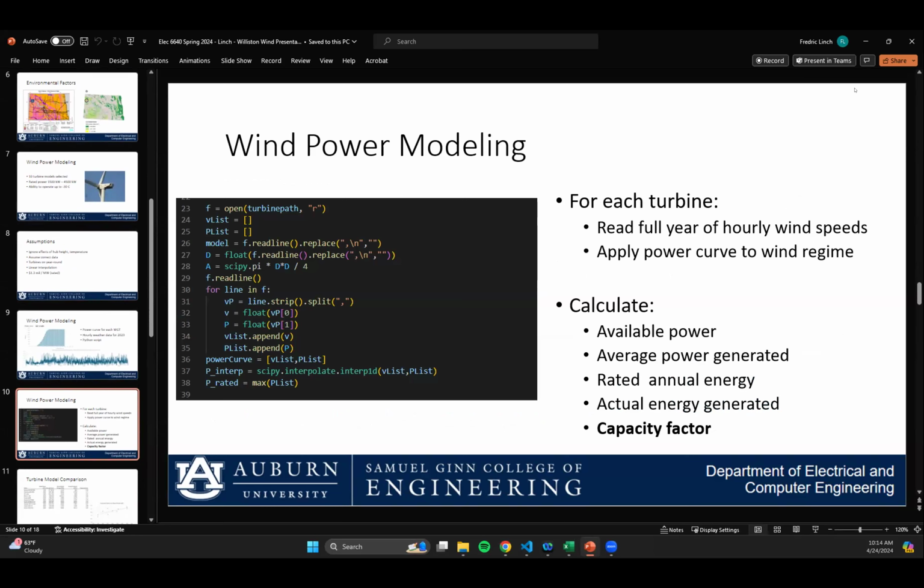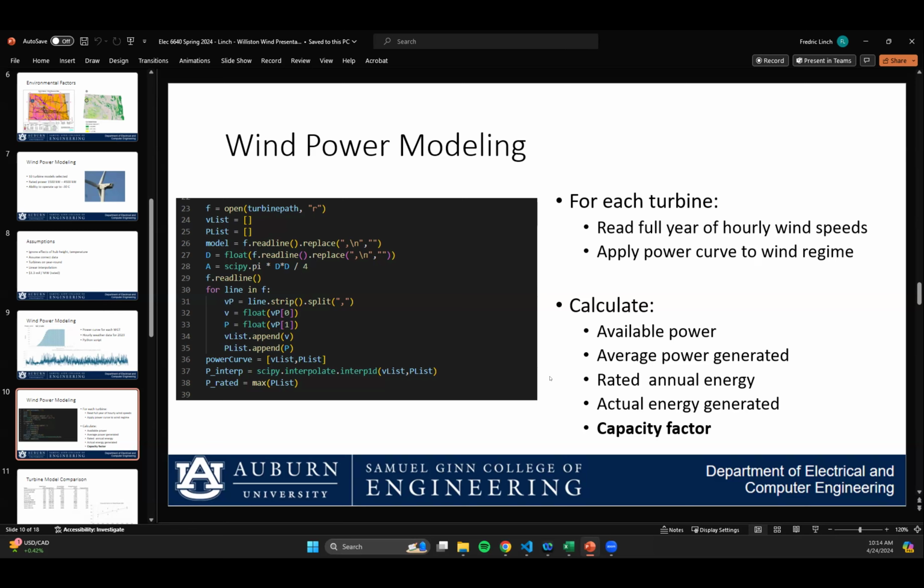All right, so this is just an example snippet out of the script that shows you get the wind speed and the power associated from the power curve, and then just interpolating between the points. Obviously, the highest power on the power curve is going to be the rated power, and you can get rated annual energy production from that. And so lining that up to the hourly wind speeds, we calculated available power, the average power generated, the rated annual energy that could be produced, and then the actual energy generated, and then the capacity factor, which was one of the primary